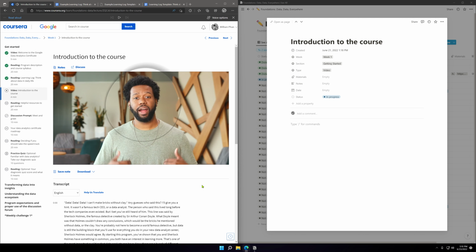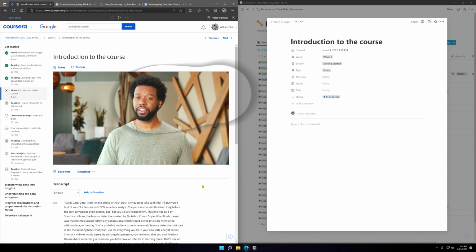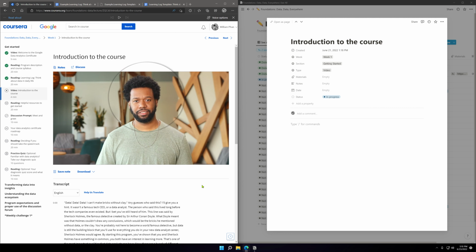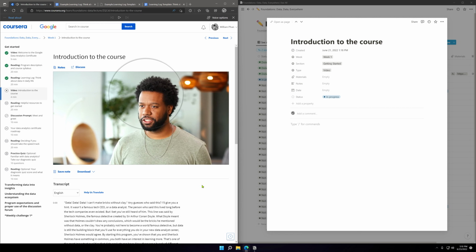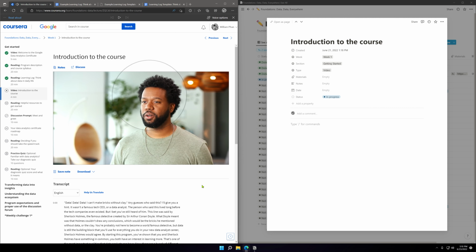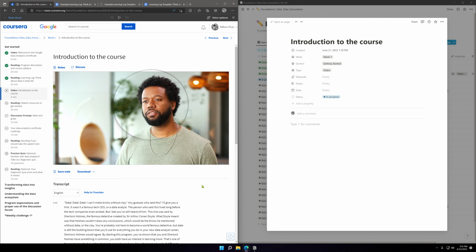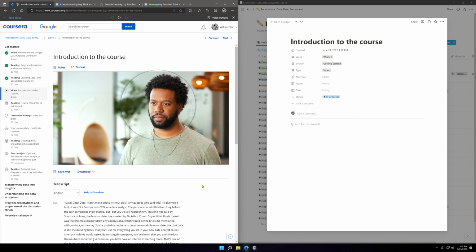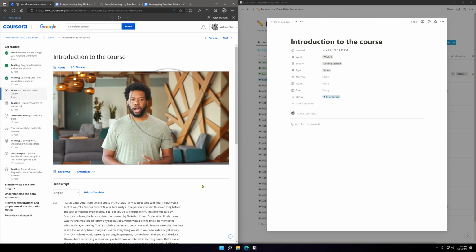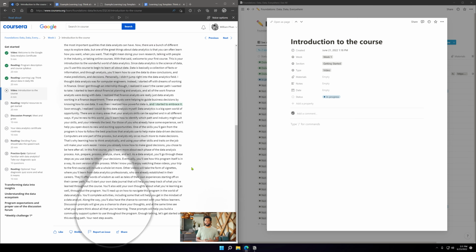Personally, I didn't jump right into the data analytics field. I thought data analysis was for computer engineers. Instead, I started off with dreams of working in finance. Once I got through an internship, though, I realized it wasn't the career path I wanted to take. I started to learn about financial planning and analysis and all of the work finance analysts were doing with data. I realized that finance analysts are really just data analysts working in a finance department. These analysts were helping to guide business decisions by knowing how to use data. It was then I realized how powerful data is, and I started to embrace it.